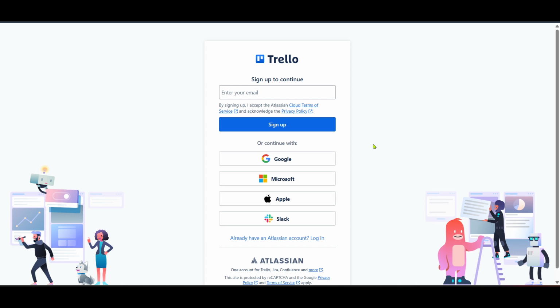Trello is part of the Atlassian suite, so you can sign up using your preferred method. You have the flexibility to register using your Google account, Microsoft account, Apple ID, or even your Slack credentials. These options provide a seamless sign-up experience by allowing you to integrate Trello with the services you already use every day. If you choose to continue with Google or another service, you'll be redirected to the respective login page where